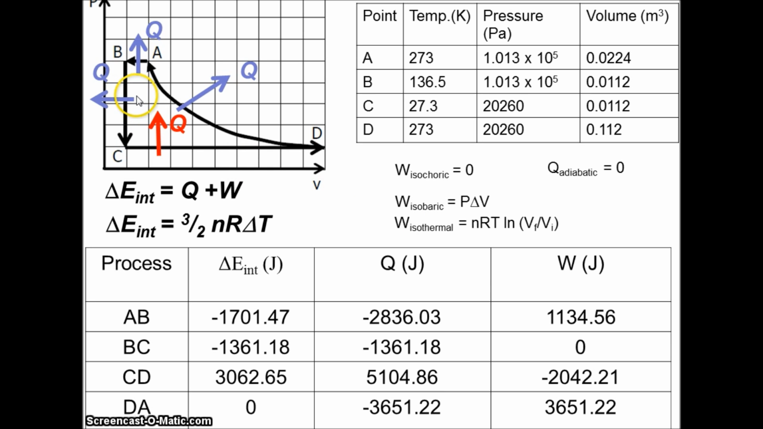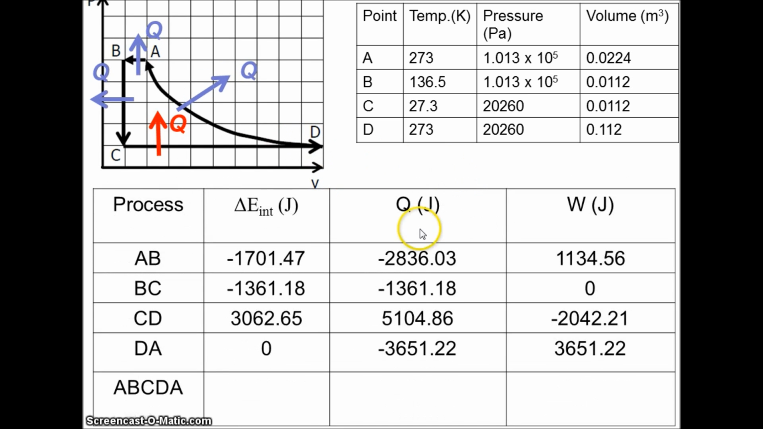So there's heat leaving in these three processes and heat entering in this one process. Now let's figure out the change in internal energy for the entire cyclic process. I would add up all the changes in internal energy and I get 0. It better be 0 because I return to my initial conditions, so the change in temperature is 0. Let's add up all the work. So I add up all these to figure out the work done, and I get a positive